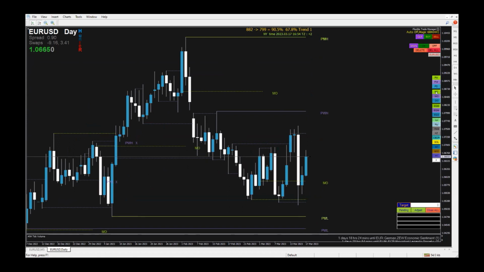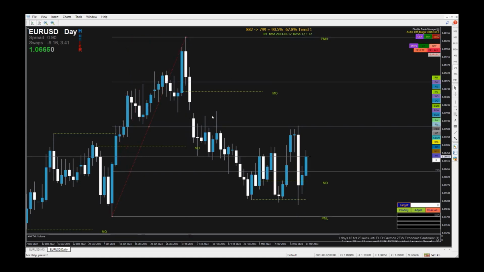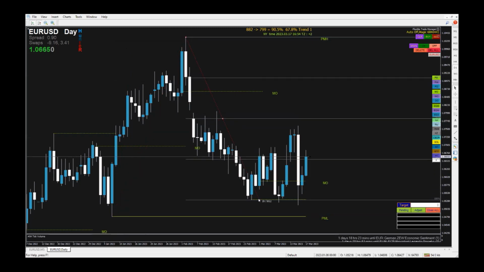Next thing is the monthly equilibriums, weekly equilibriums, daily equilibriums. So what is this? Basically, this is 50% of the month, right? So let's say here is a previous month high, here is a previous month low. So if I place a Fibo like this, this should be 50%, right? So previous month low is this one,